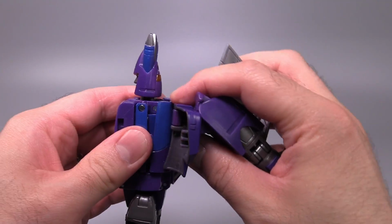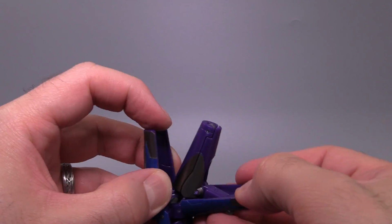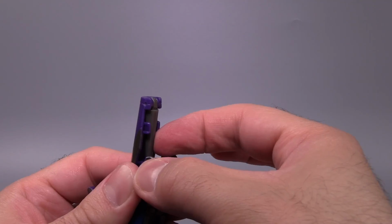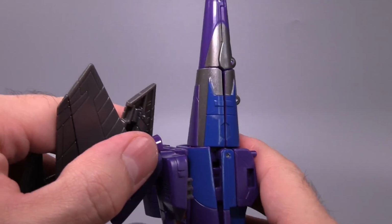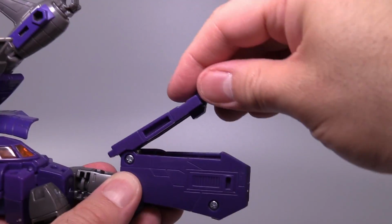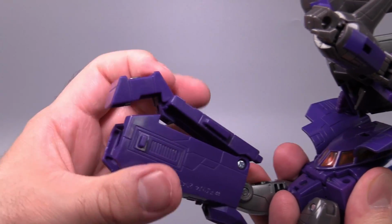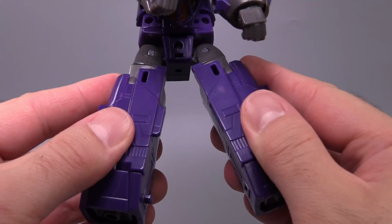Cyclonus' transformation is exactly the same as his Kingdom figure, and I love it. The elegance of this transformation is really good. However, this new figure feels a little bit weird. All of the joints and all of the pins feel much looser than that original figure. It's not bad, and I don't think it's anything that I can't fix, but in this case, it feels a